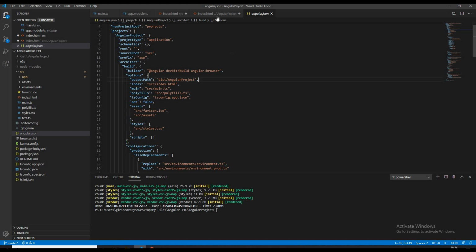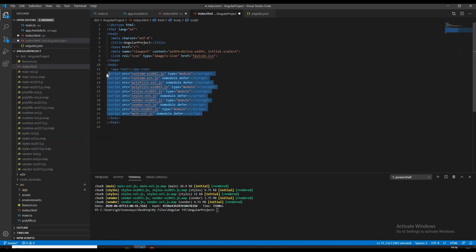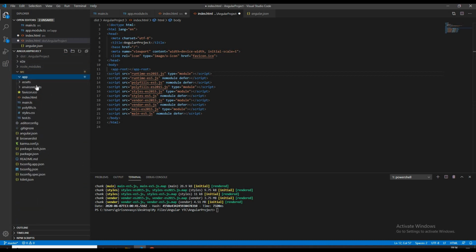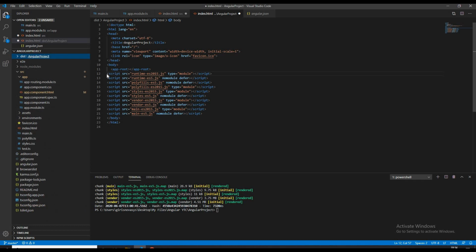The script files in index.html are added by Webpack, which is a module loader. We know that a module loader creates one complete big file including and merging all the other HTML, script, and CSS files. Webpack traverses through our application looking for JavaScript and other files and merges all of them into one or more bundles. In our example application, it has created 5 files. We know that index.html is the first page to load. So, when the index.html file is loaded, all the core libraries and third-party libraries are also loaded because those scripts are in the index.html file itself. These libraries are in the vendor.js script bundle.